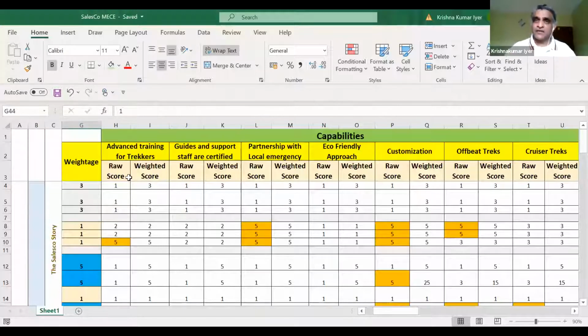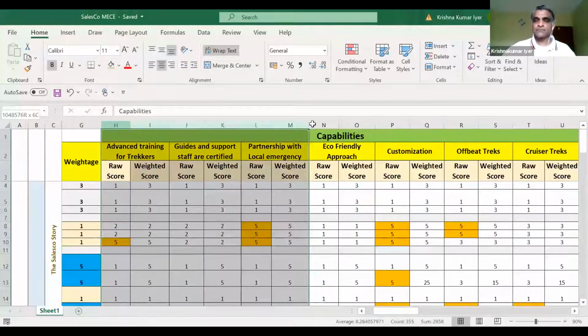Where can you get these capabilities? Usually these capabilities are most likely talked about on your website, talked about in your brochures and all of those. And it requires a little bit of thinking and brainstorming with a few people to say, hey, what are our 5 to 7 capabilities that we always want to talk about to our clients? And those usually become your columns right here on the top, if you notice.